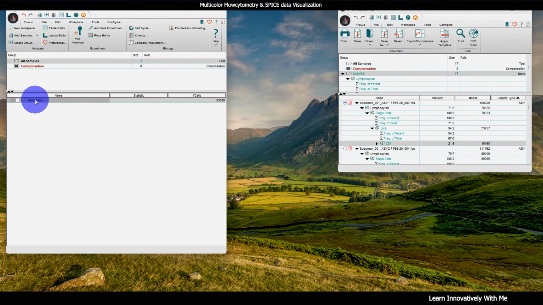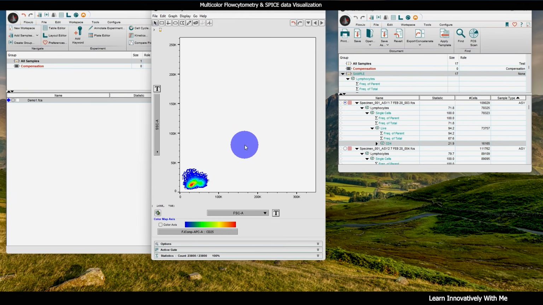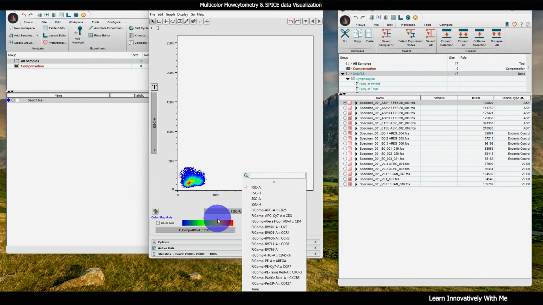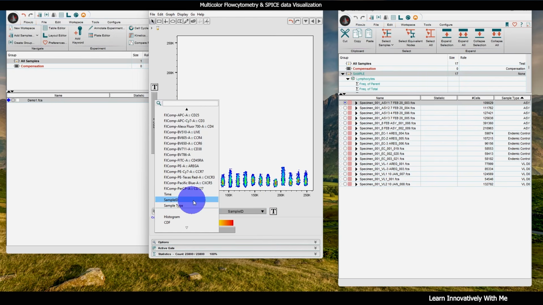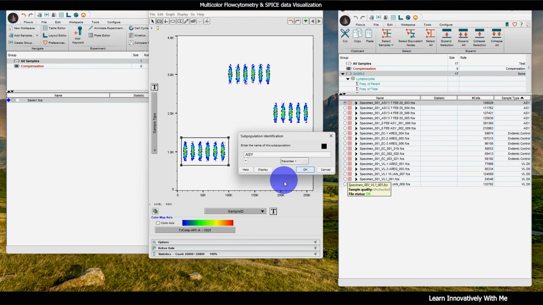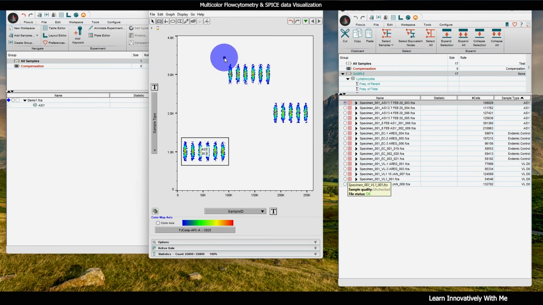And the next thing, you have to define the populations, asymptomatic, EC, and VL in your concatenated file. If you open the demo FCS file and click here on this parameter, you can see there is an additional parameter, sample ID and sample type, present in our FCS data file. And now we can see there are clear clusters to identify the subpopulations of asymptomatic, endemic control, and VL day 0. So I'm going to make the gate here, asymptomatic,